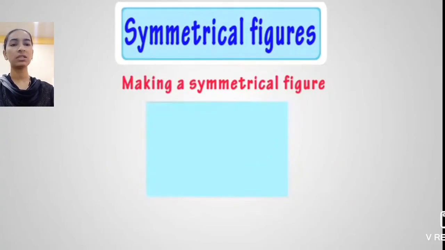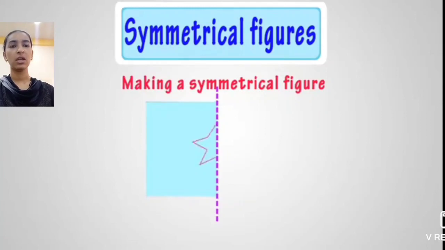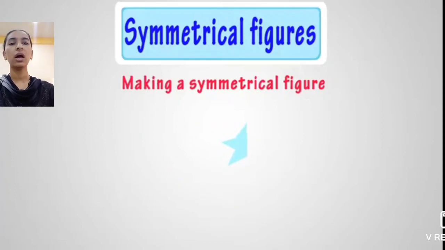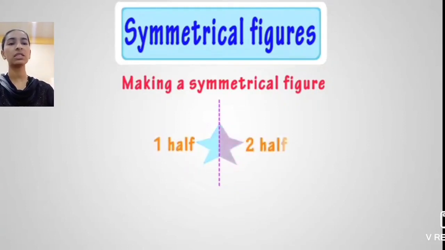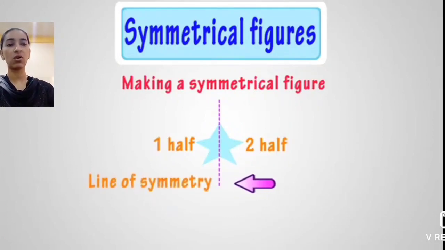Okay, now you can see a rectangle. If I draw symmetry around the vertical line, then it gives the other half part. Now if I make a star on that half part, and I cut that part, I have to draw the symmetry. If I draw a vertical line, it gives the other half. See the first half and the second half, both are symmetrical. That means both are identical. Yes students, that is called the line of symmetry, and it gives the symmetrical figure. Understand this, what is the meaning of symmetrical figures and which is the line of symmetry?